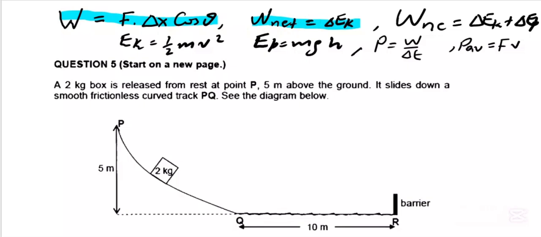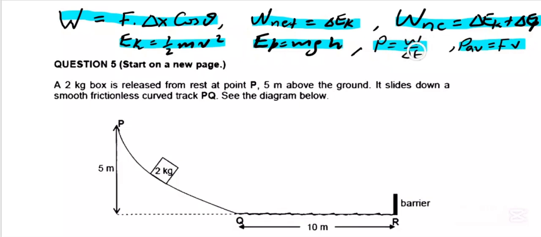Okay, then we have work done by a non-conservative force. So you need to know the non-conservative force before you use this formula. I use this one on an incline only, because on an incline there is a height, which means you can get your EP. Then we also have the one for kinetic energy, the one for gravitational potential energy. We also have the ones for calculating power, that is average power.